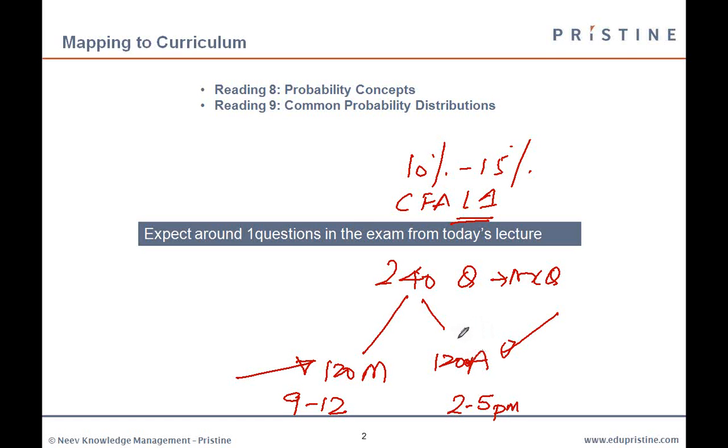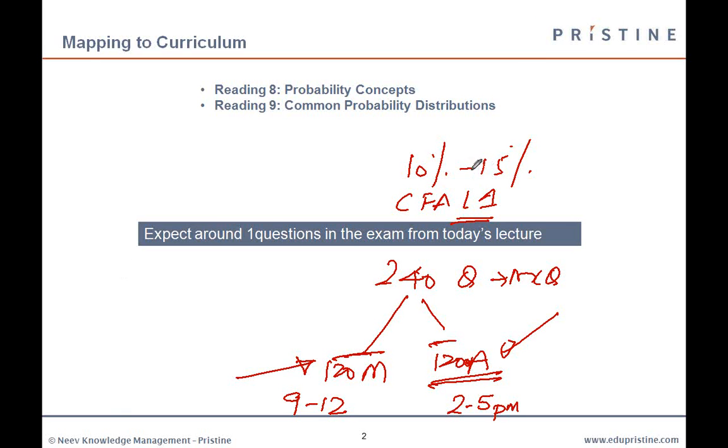Okay, but the reason why CFA conducts 2 sessions is basically for your own advantage, because let's say if you had an off time during the morning, for whatever reason, either you're not able to focus or you were too tired because you didn't have proper sleep in the previous night, there is always a possibility that you can do well in the afternoon exam, and the final result is the average of your morning score and afternoon score. So that way at least there is a good possibility that by taking 2 attempts at the same paper, you may actually do better than doing a single attempt. All right.